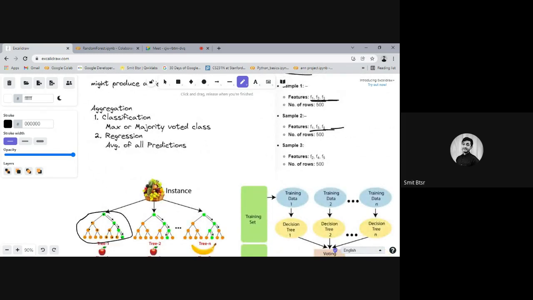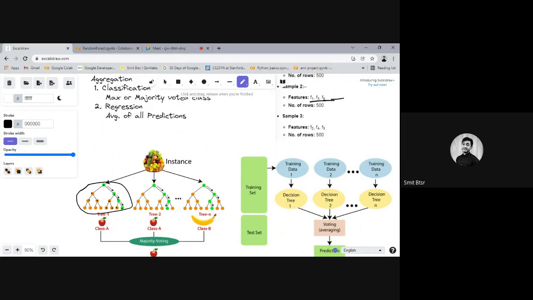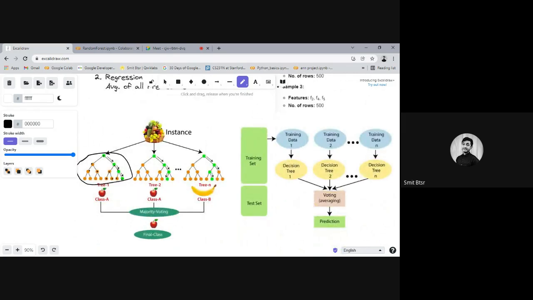In case of classification, we take the majority voted class, and in case of regression, we use the average of all these predictions. For example, if we have an image and we want to classify it, inside the random forest model we have many decision trees.